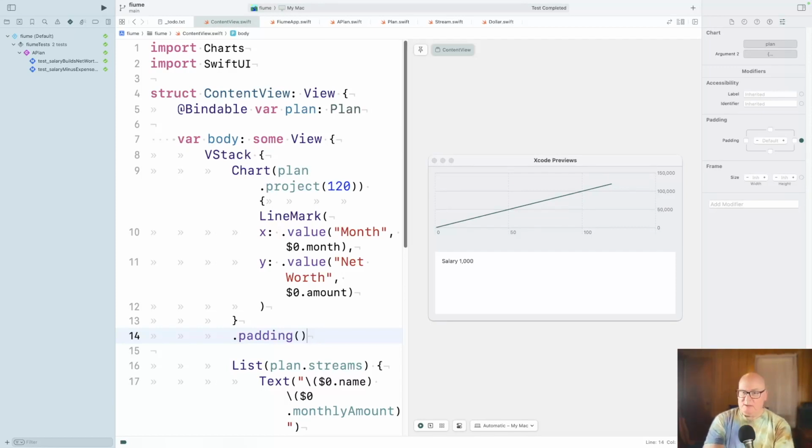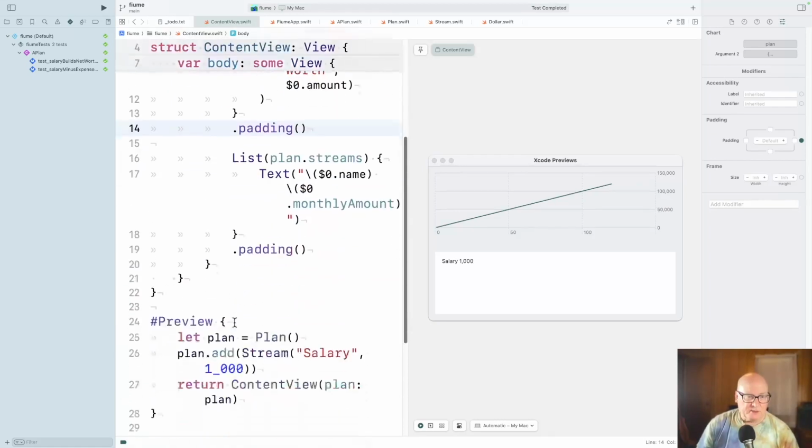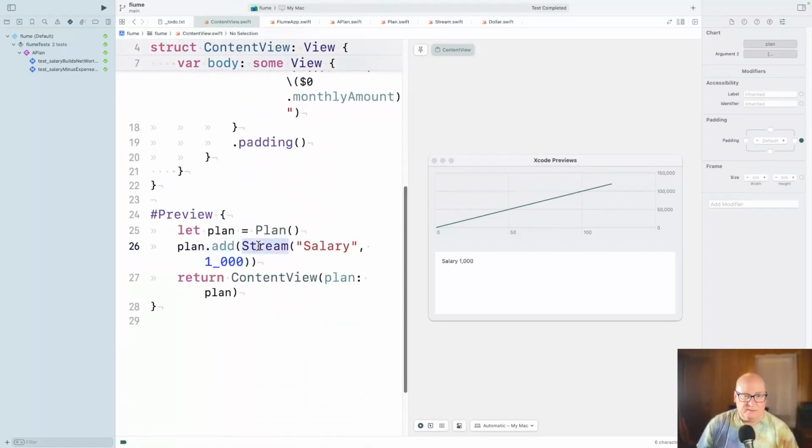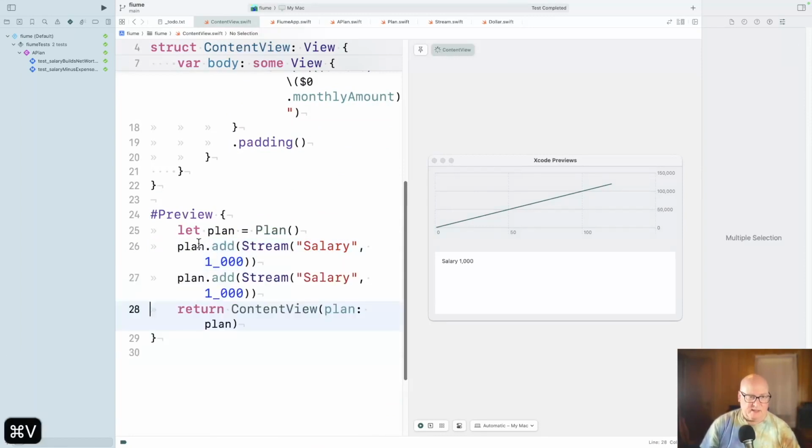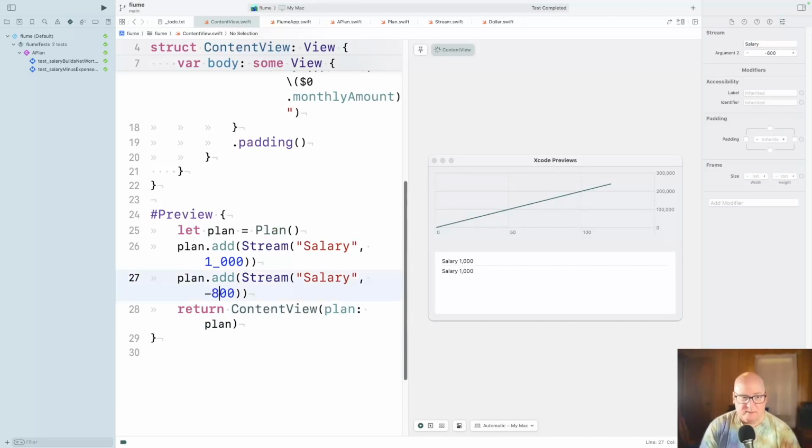Yeah, let's pause here, take a break. So we've got the default. Well, the value we're showing is the one with the stream of salary. Let's add expenses in here. Okay.